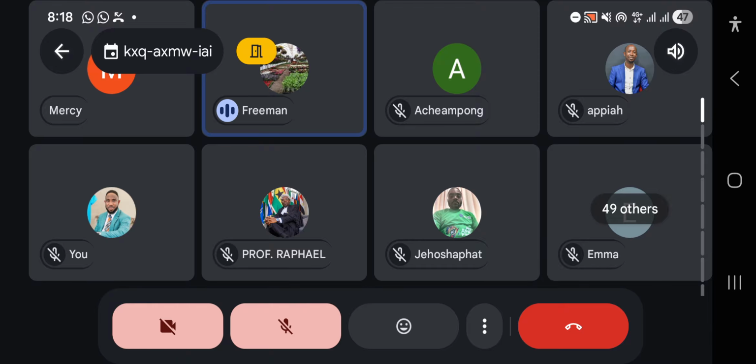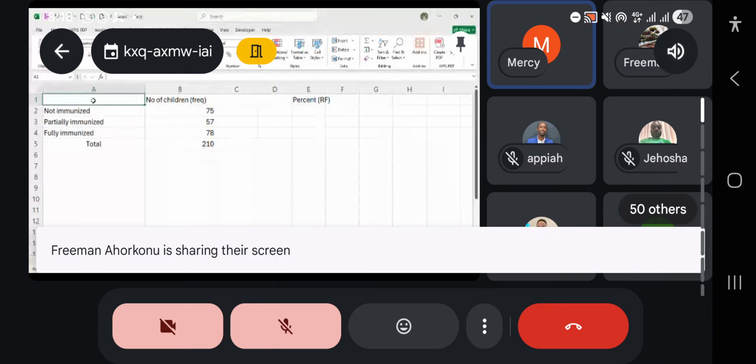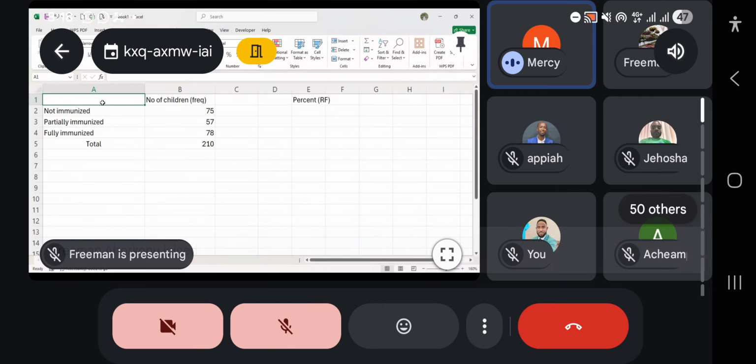I'm sharing the Excel sheet. So you have your data here, the number of children. All you have to do is